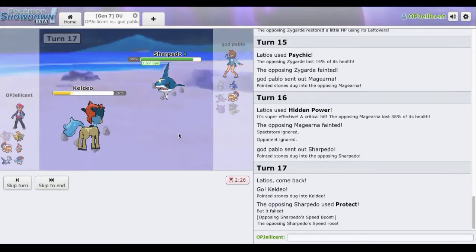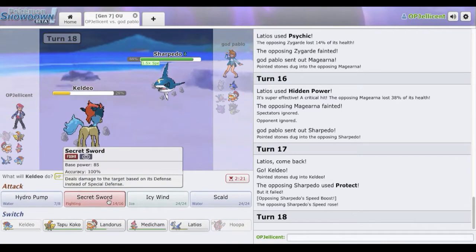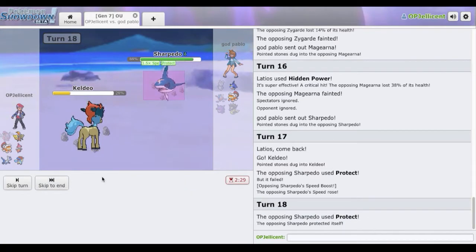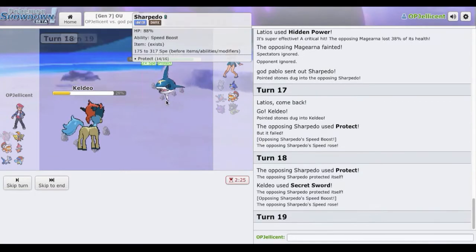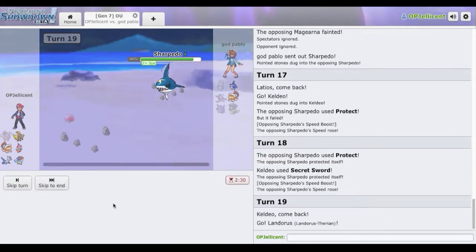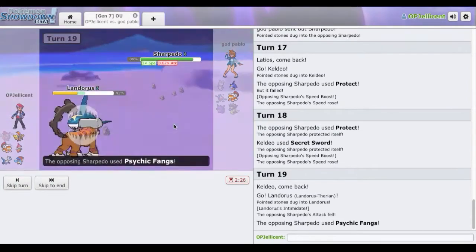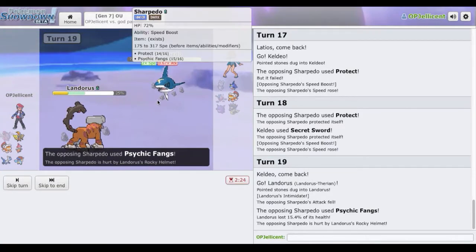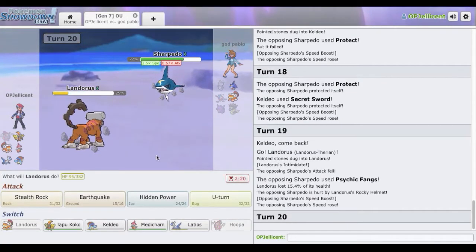He does go for the Protect, so he'll get a speed boost right now. We can scout for the Psychic Fangs, as what I'll do is just throw off a Secret Sword, just expecting that attack to come out, and now what I'll do is go out into my Landorus, just to get an Intimidate off, because I don't want this thing becoming a problem. And if he goes for Psychic Fangs, we will live it. As he does go for the Psychic Fang, so he'll take Rocky Helmet damage right there. And right now, I'm just going to go right for the...